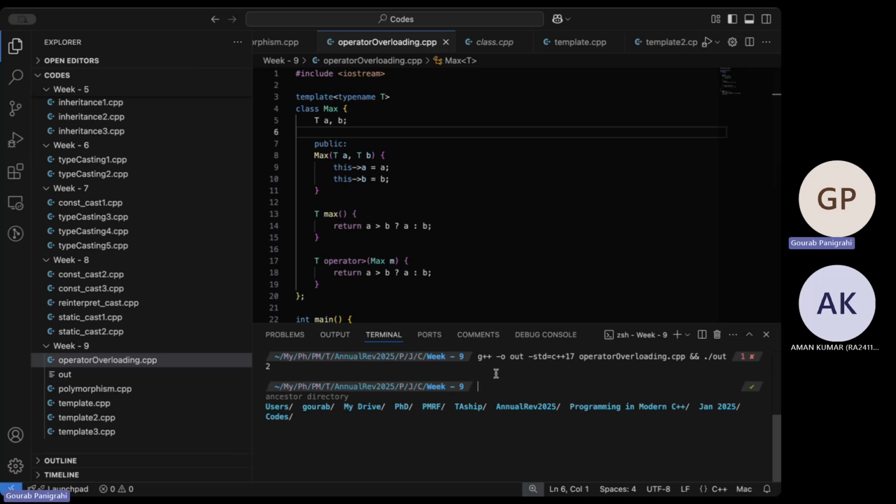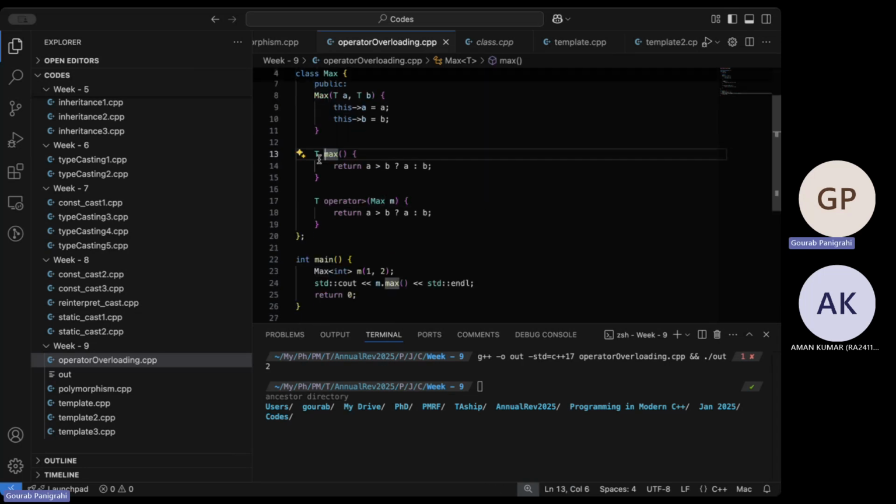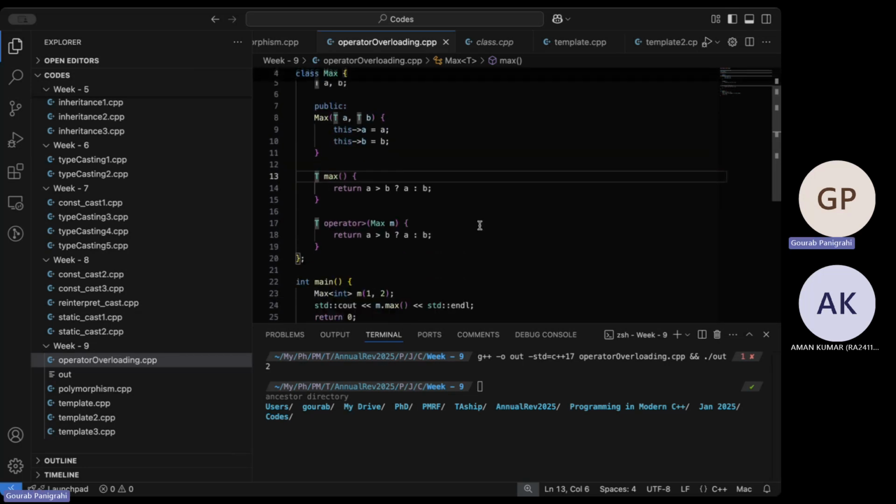So again, this is also one way you can debug. Compilers give you error codes, so you just keep going one by one and fix these syntactic errors. But essentially, this is how a templated class will look. We have a class, max. This is its constructor, and member variables which are private. The constructor has to be public. And also a max function that we defined, which has a return type. There's an operator which takes object max and then returns this. So we can also do that.